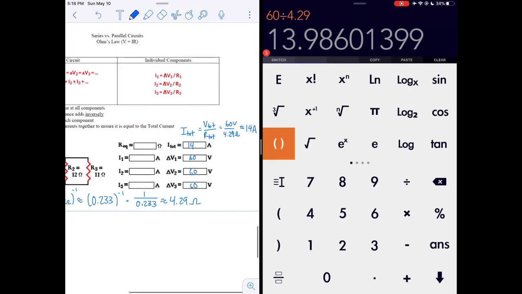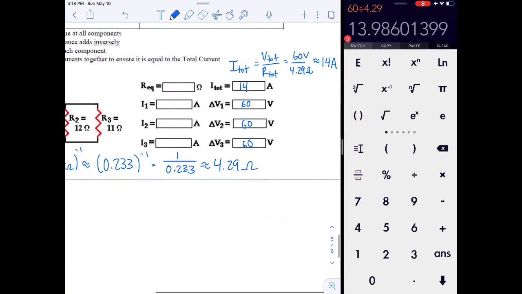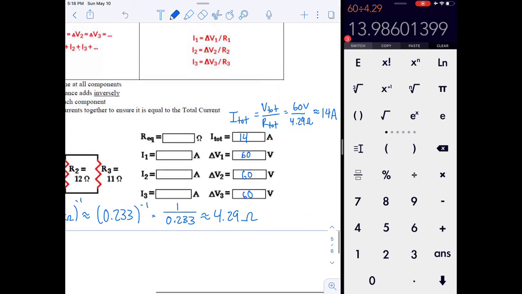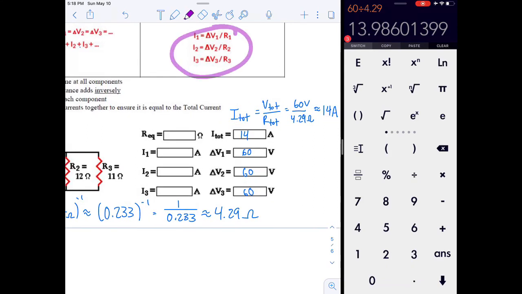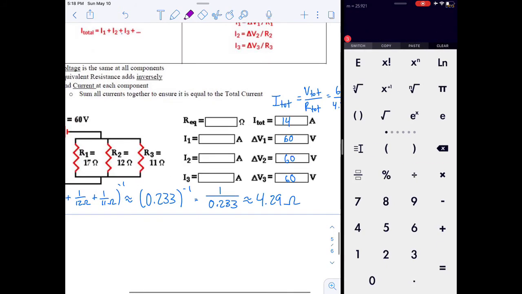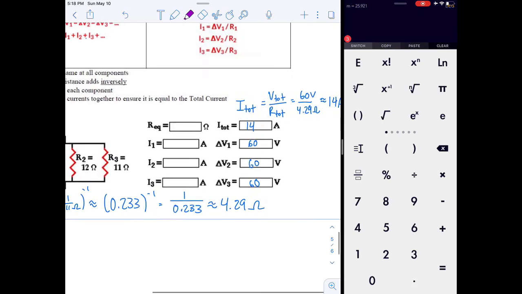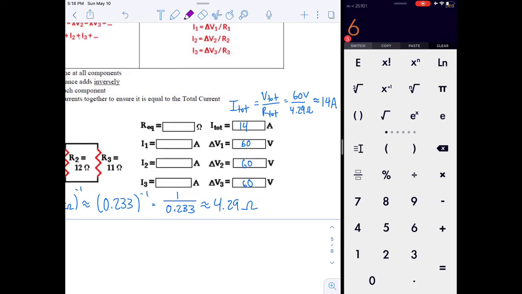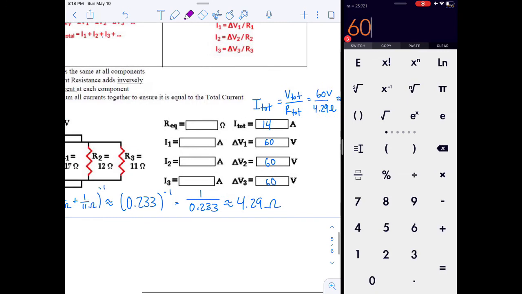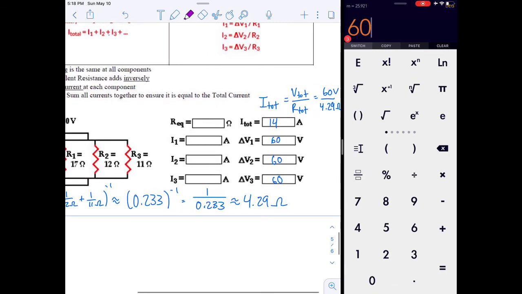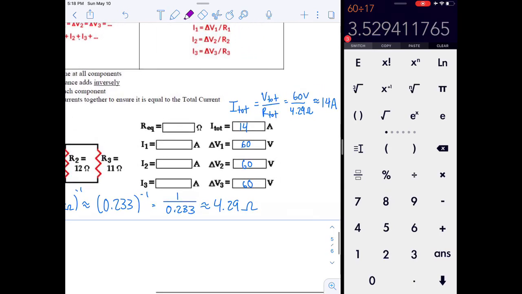Now, in order to calculate all of these, we're actually going to need to utilize the relationship outlined here, the voltage divided by the resistance at each. So the voltage for all of these is going to be 60. The resistance is just going to be the resistance at this particular point in the circuit. So for point 1, we're going to take 60 and divide that by the resistance of 17. So that's going to be approximately